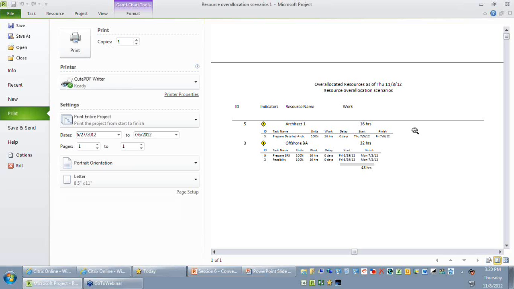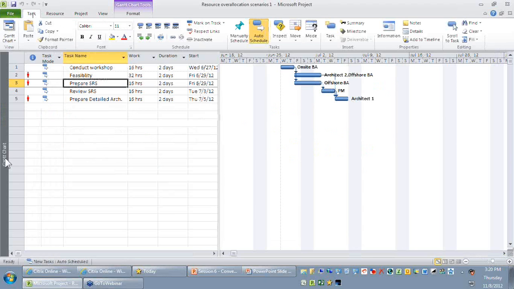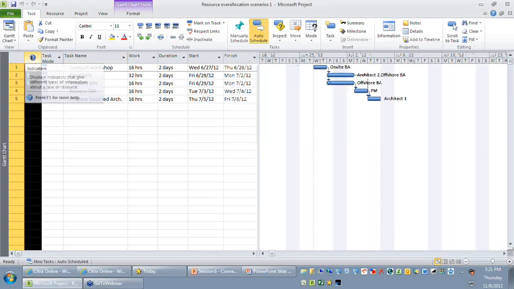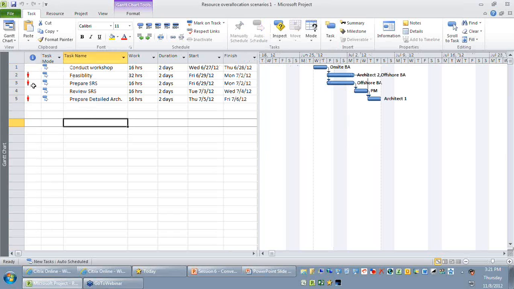Now let's move on to the next option available. I'm just going to go back to my task ribbon. So now I'm looking at the Gantt chart view. I hope you can find to my leftmost corner, I'm just circling the Gantt chart view. So on your Gantt chart view, you would be able to find that there are a few tasks that have a red color stickman, right? Remember, this is a new feature that has been added in Project 2010. If you are using the earlier version of Project like Project 2003 or Project 2007, you might not find this red color stickman. So what does the stickman indicate?